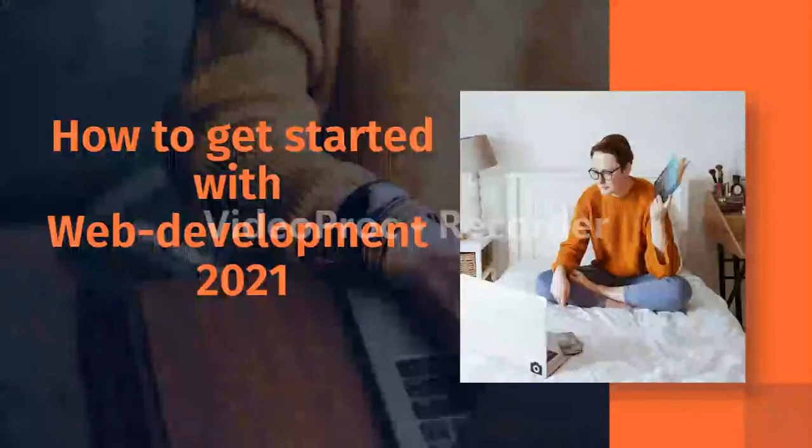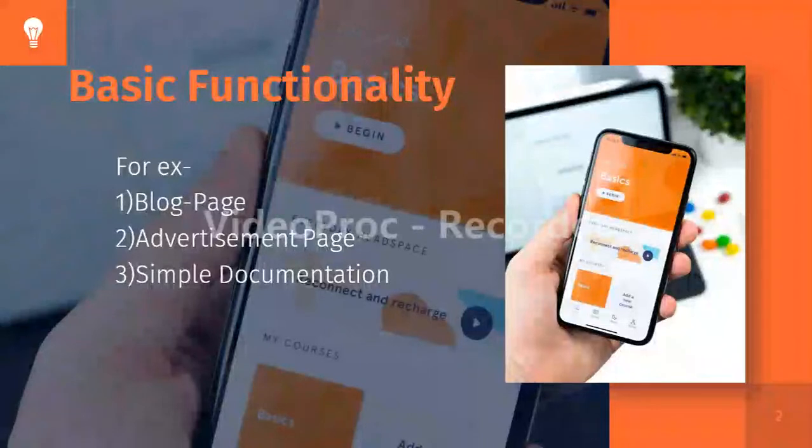And the back end means the things which happen behind the scenes, like servers and databases and much more like that. Now whenever we classify websites, we classify them in two manners on the basis of functionality. First is basic functionality and second is dynamic functionality. Now what do I mean by basic functionality? For example, blog pages. In blog pages we can see some info. For example, if you search top 10 laptops in 2020, or 2021, sorry, then you can see a list of laptops. There will be some info, some photos, and that's pretty basic, right?